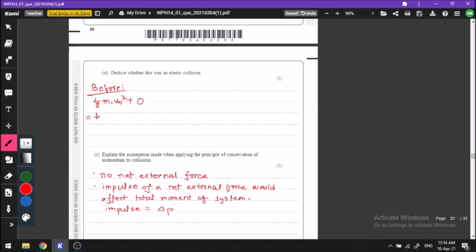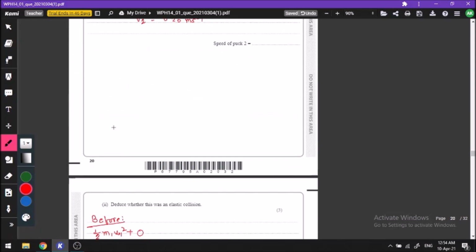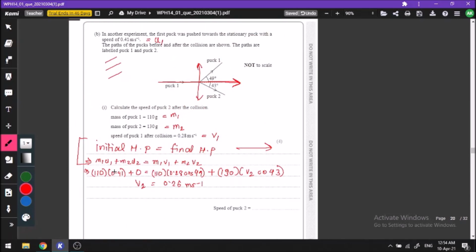One thing I forgot to mention, here you will notice that I've taken the masses in grams. I haven't converted them to kg. Why? Because if I divide this mass by 1000, and this mass by 1000, you can take the 1000 common and cancel it with the other side. When you have masses on both sides, you can use any type of mass, kg or gram.